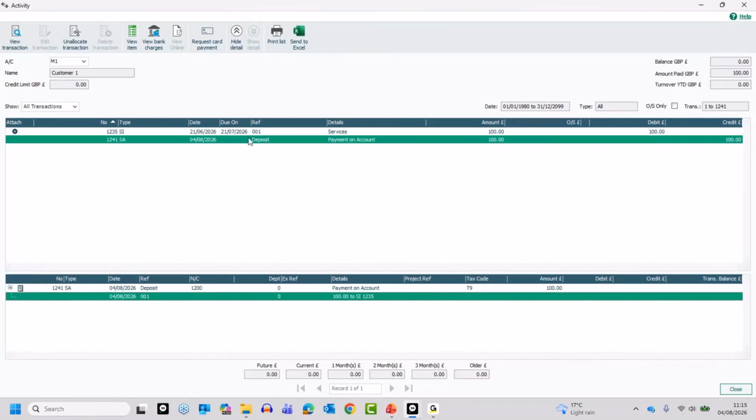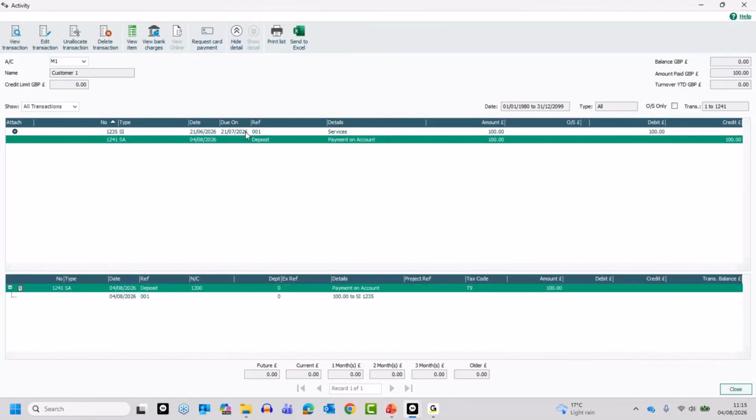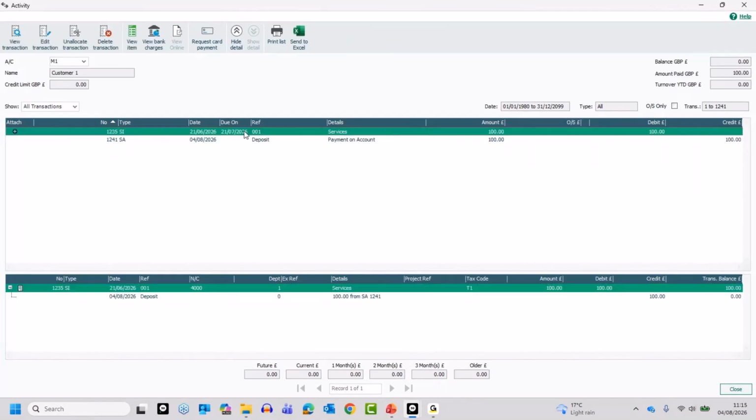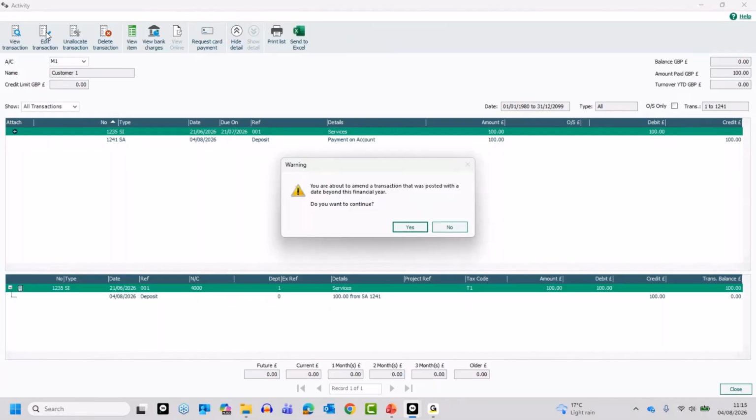Now, the other way we can view what's allocated is to edit the transaction. We can edit a transaction directly from within the activity window. We can also do that from within the likes of the transactions window as well. It gives us the same options. So if we highlight our invoice and we go into edit the transaction,